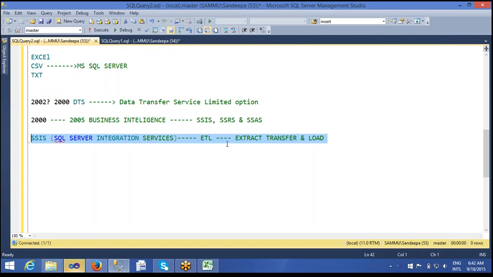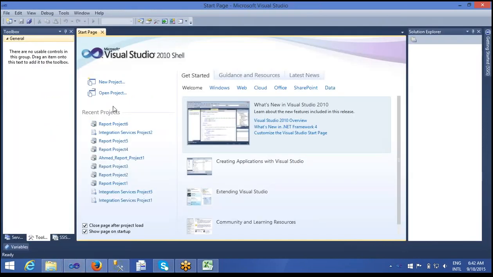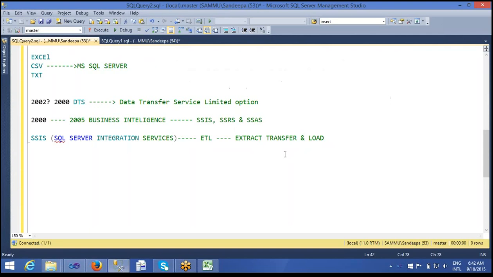Okay, this is done. Data is loaded. Finally, what do we need to do? We need one customized report. We need some reports, right? That report they introduced is called SSRS, that is SQL Server Reporting Services, where we can create our own report so that we can see how the data is coming from the source side, how it is saved and everything.